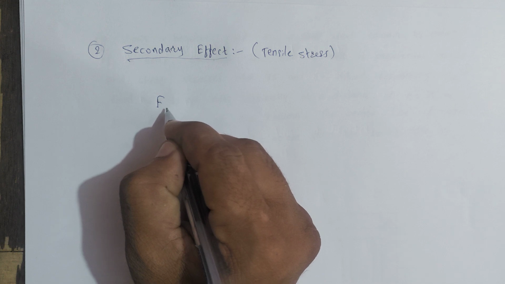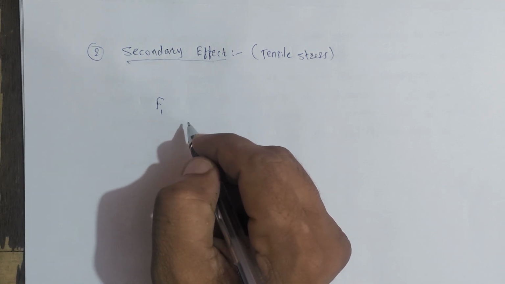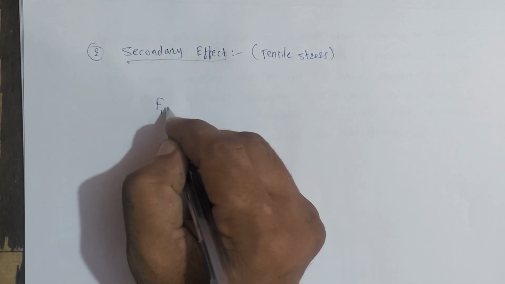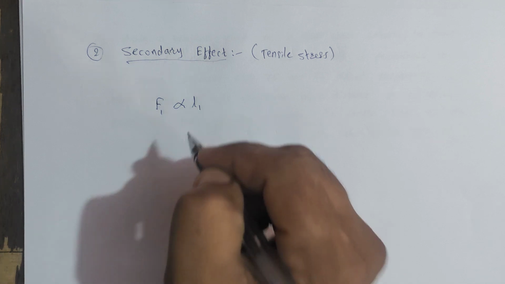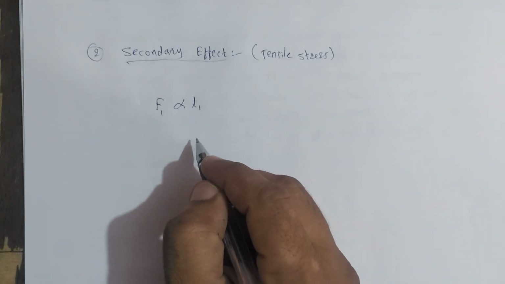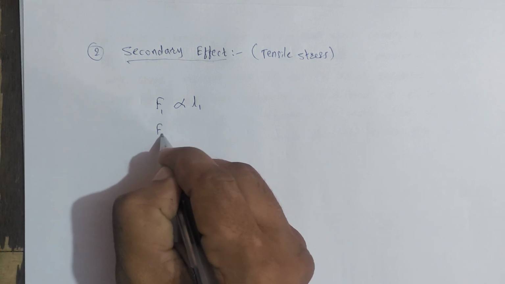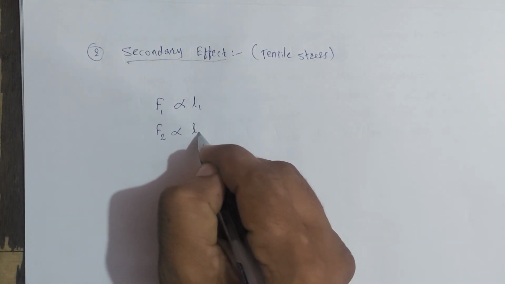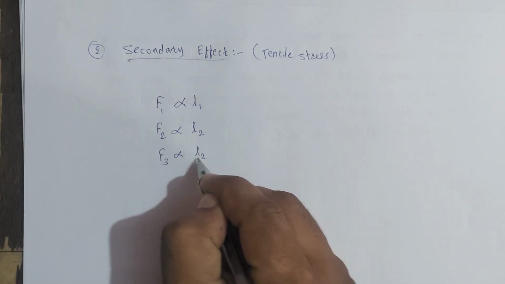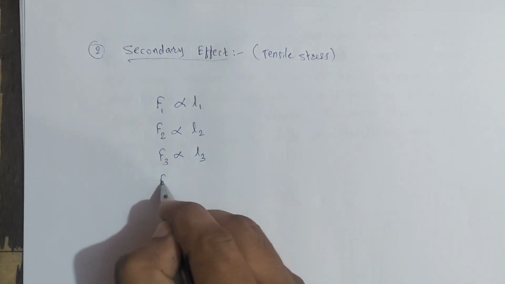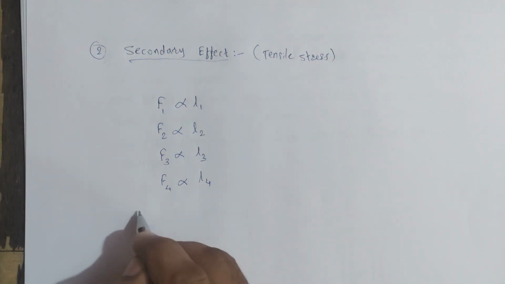So for the first bolt, F1 is a force acting on the first bolt, and that force is a tensile force which is proportional to the length L1 from the moment center or from the point O. Similarly, F2 is also directly proportional to L2, F3 is directly proportional to L3, and F4 is directly proportional to L4,